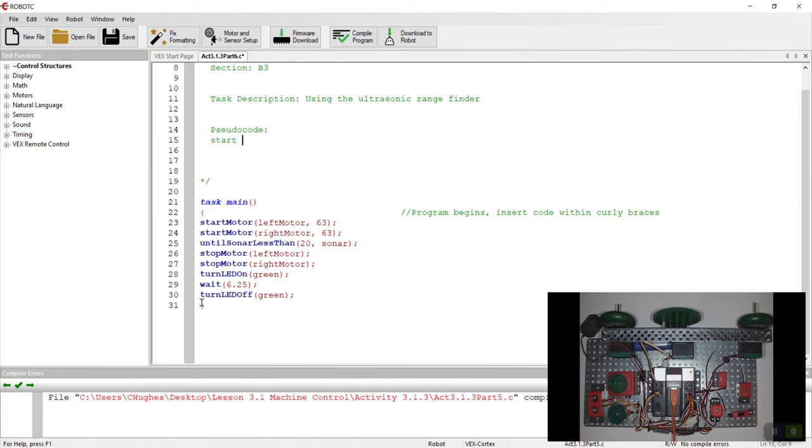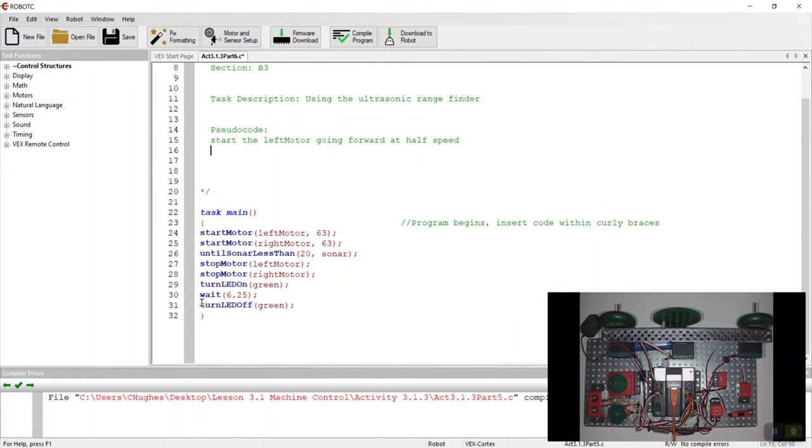So we'll say probably start the left motor going forward at half speed. We have a right motor doing the same thing, so I can pretty much copy this last line, paste, and we'll just change left motor, right motor. We'll say until the sonar reads less than 20,